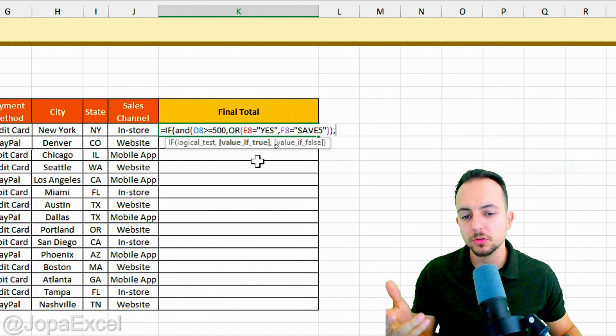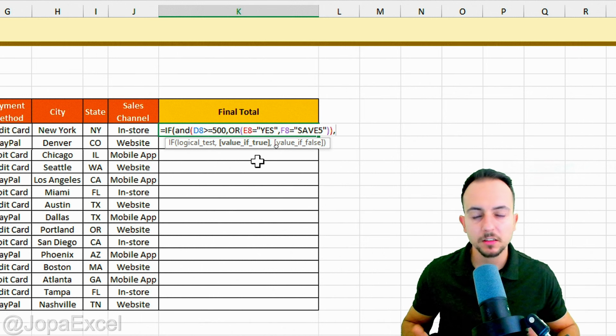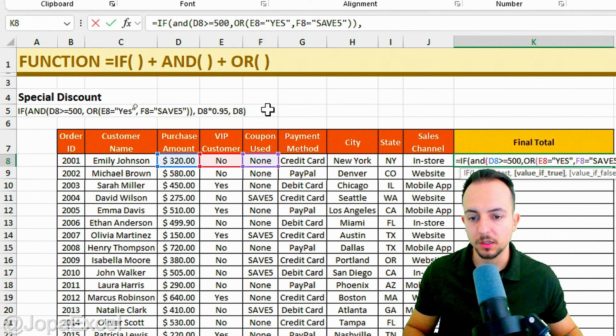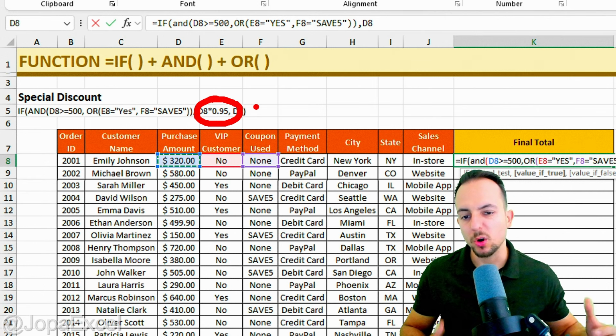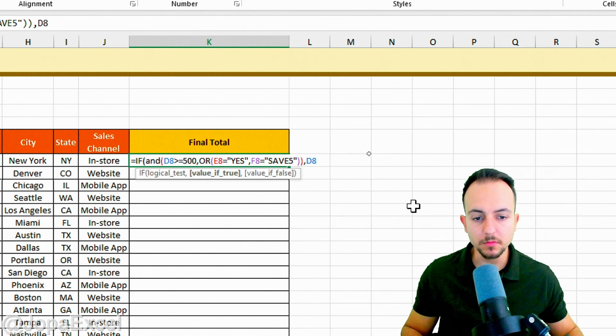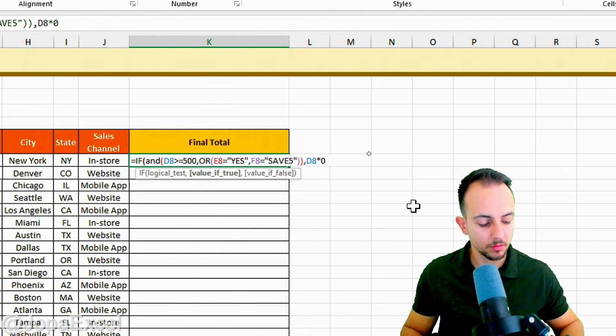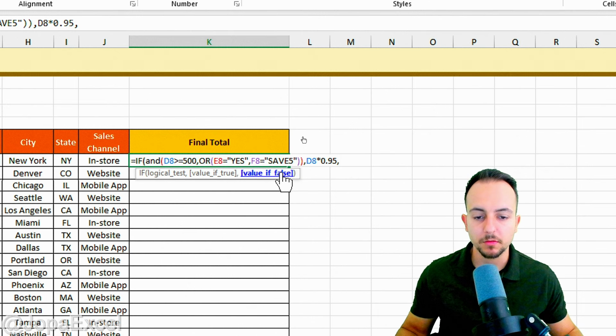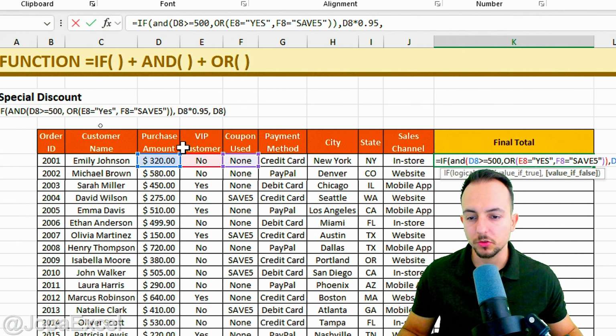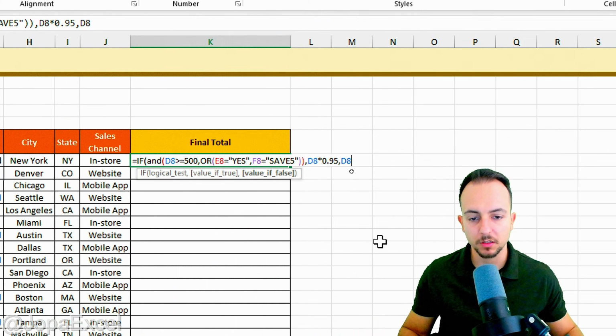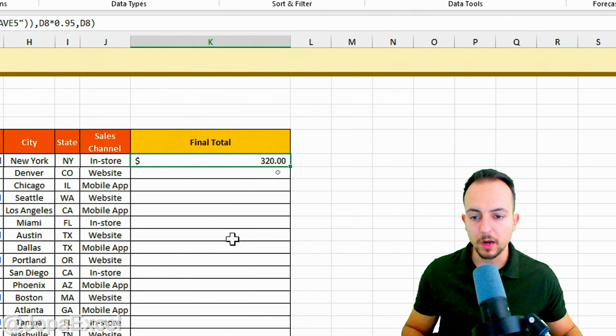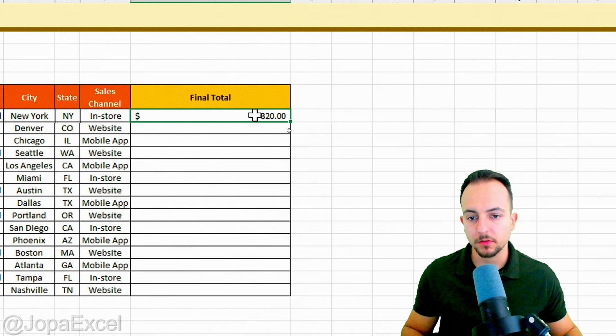However, I don't want to type something here that is a text. I want to do a calculation that is going to be cell D8, where I have the purchase amount, times 0.95. Or in other words, I'm going to reduce the price by 5%. Comma. However, if the value is false, I want to use the purchase amount itself. That's it. Close parentheses and then hit enter. And what we have here is the final result,